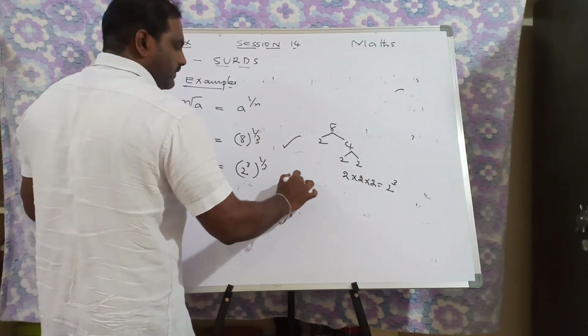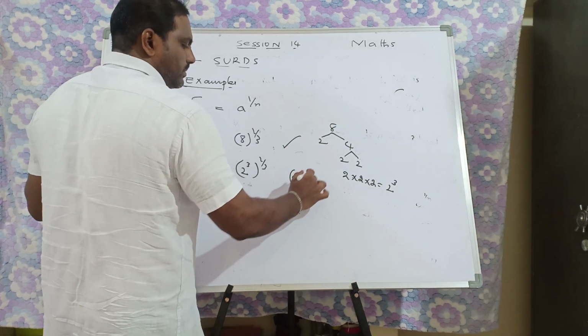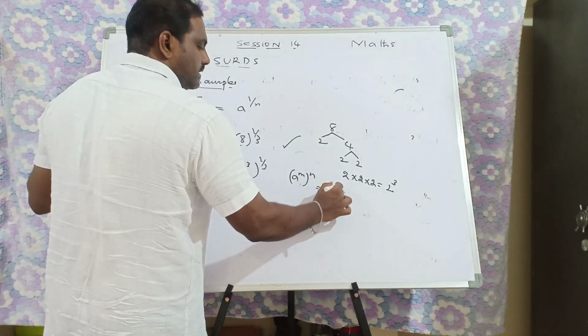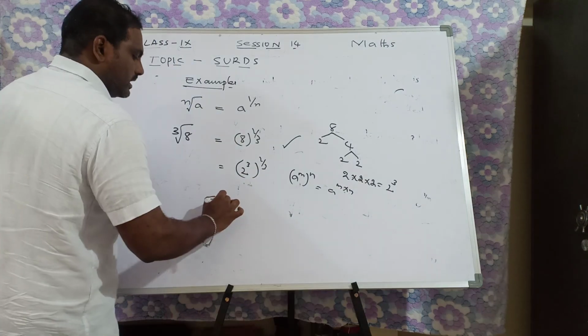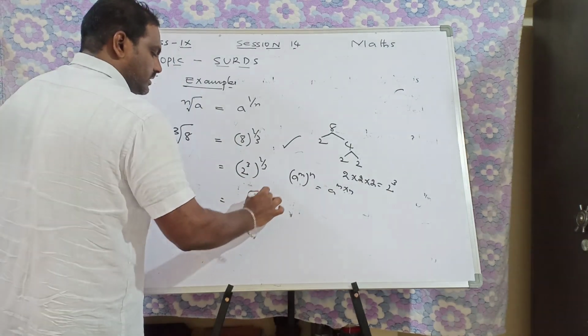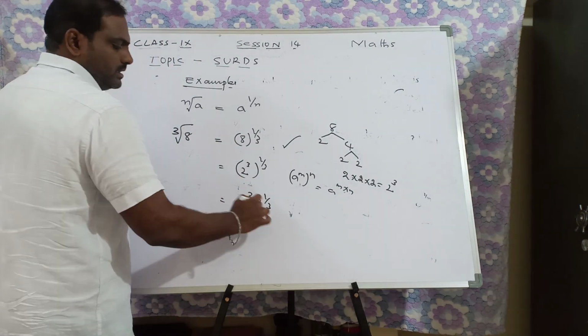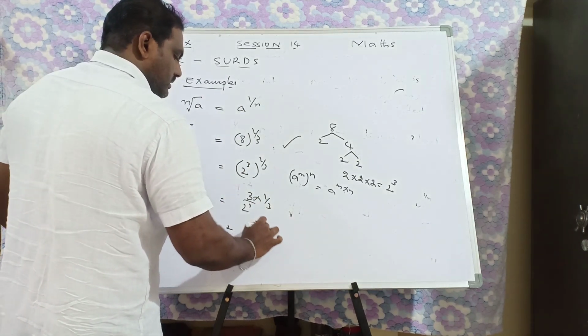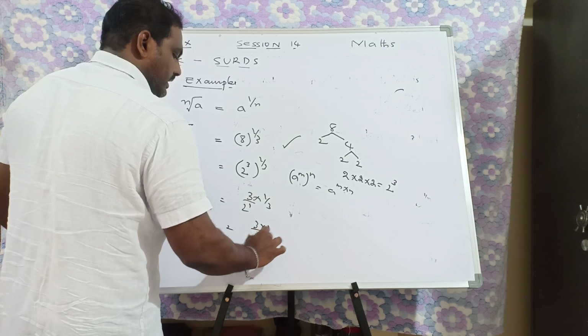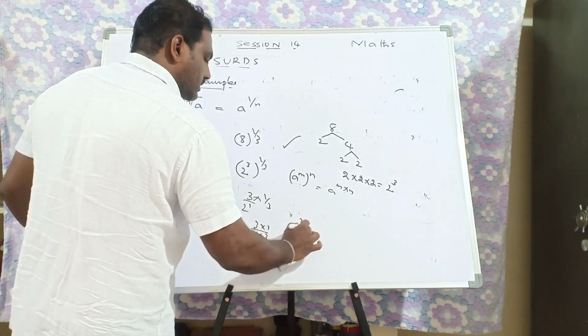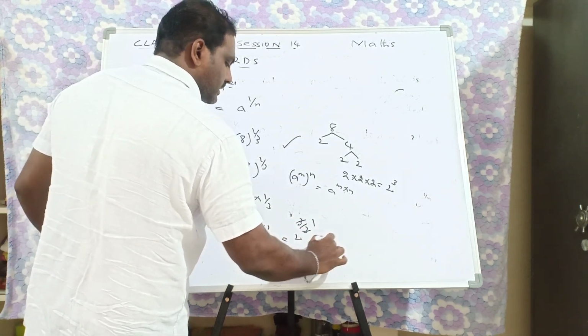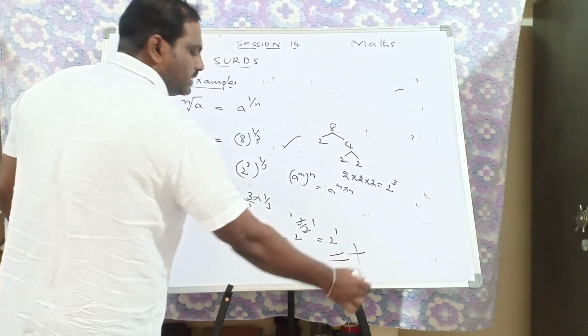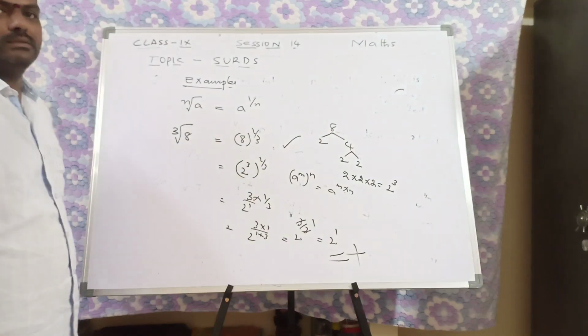This is in the form of a power m whole power n. What is the answer? A power m into n. So you will get 2 power 3 into 1 by 3, which is nothing but 2 power 3 by 3. It cancels, and you will get 2 power 1,